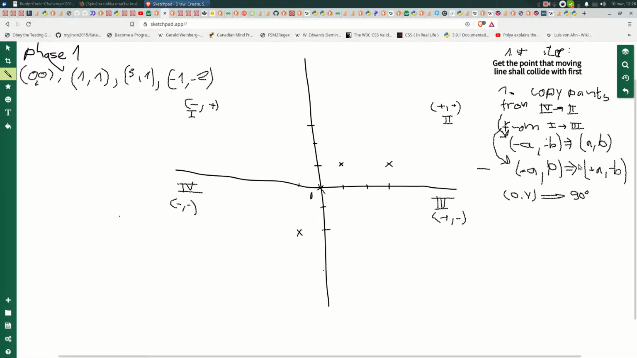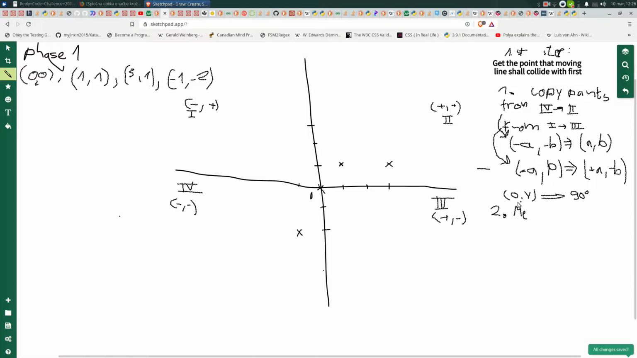So yeah, so we do that. We say, so first, yeah, we copy points. This should read points, and over here we shall do the second one. The second thing that we shall do is